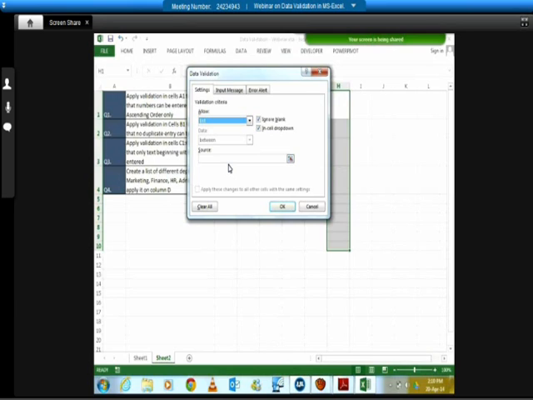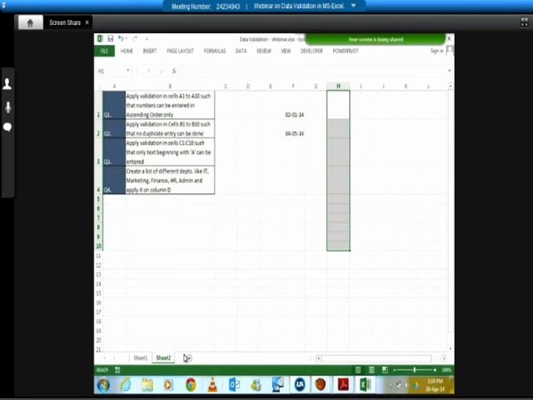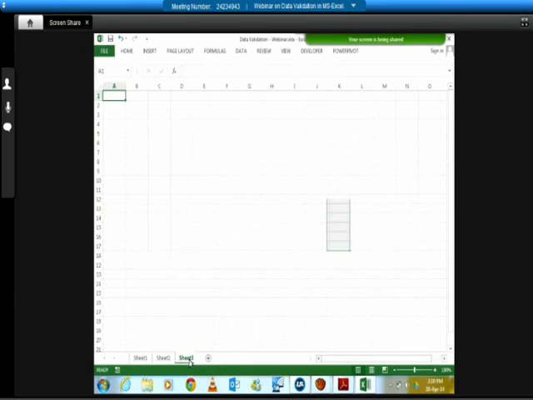apply our list. So first of all, I'm going to open another sheet, and over here I'm going to put a list. Now, what you have to do is make a list. Let's say I'm going to make a list of the courses at Ivy. So data analytics, actuarial science, and corporate training. Right? Once I have this list.